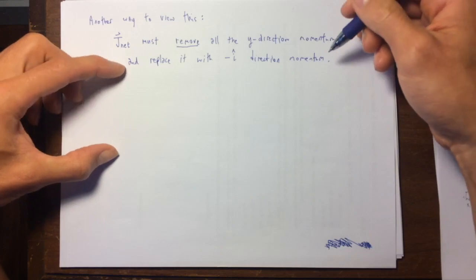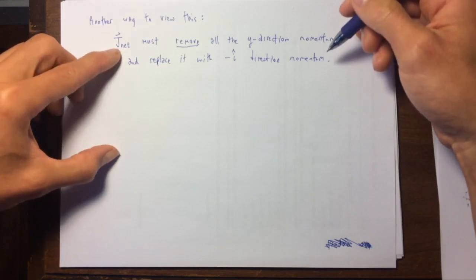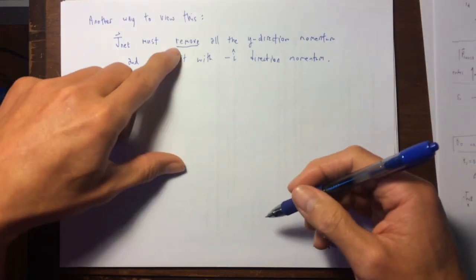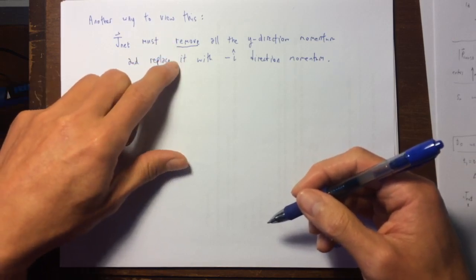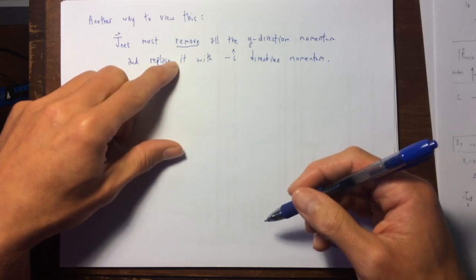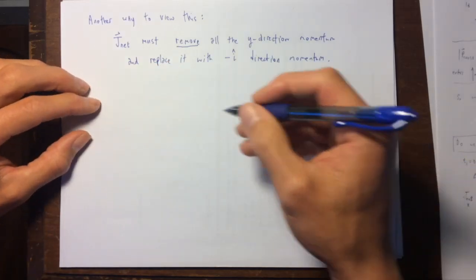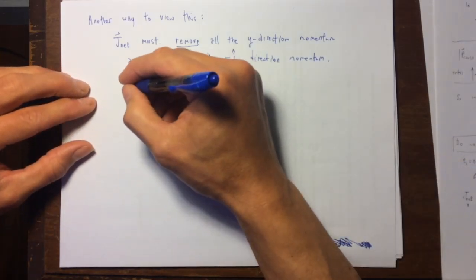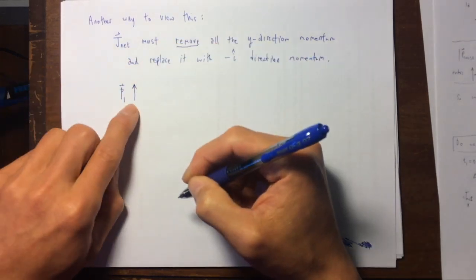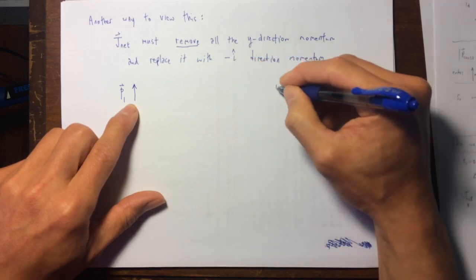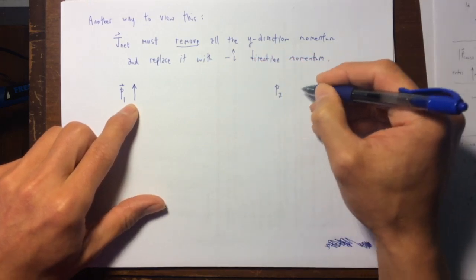That's a weird way to view it, but that is what J net does. It removes everything that doesn't need to be there anymore and adds all the stuff that does need to be there afterwards. So in particular, we had P1, the incoming momentum, being purely upwards, but the outgoing momentum is purely